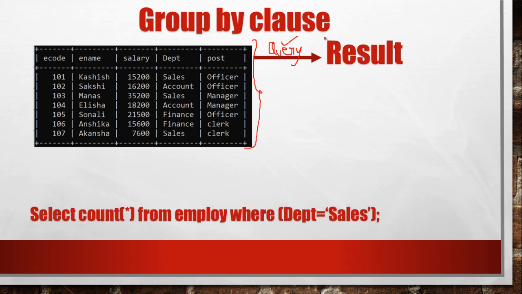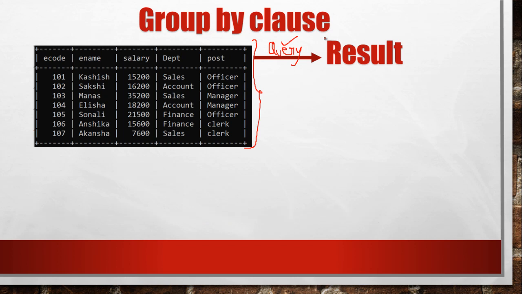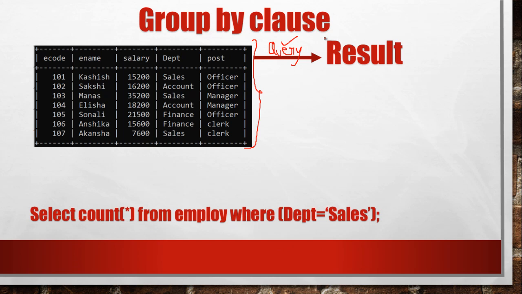Suppose I have written a command like this: select count star from employee where department is equal to sales, and when this command is applied on the above table, what will happen? First it will find the records where the department is sales.